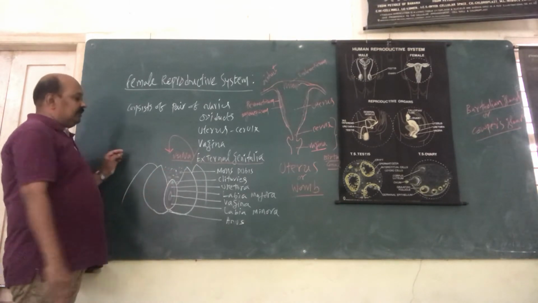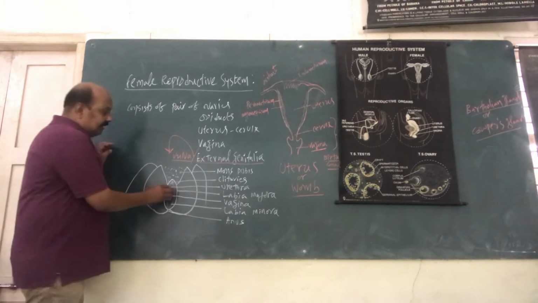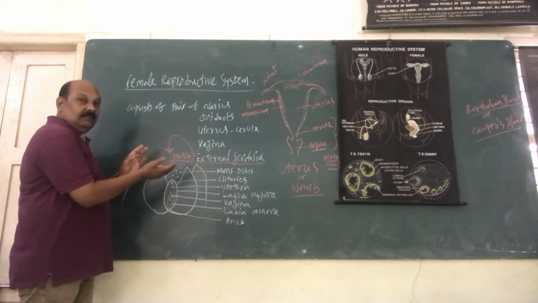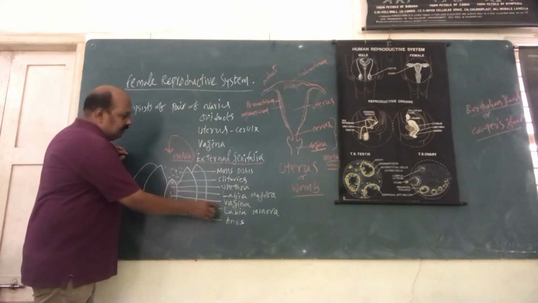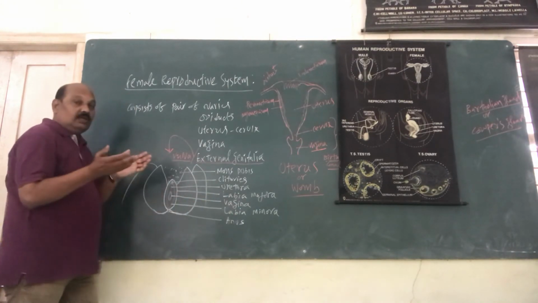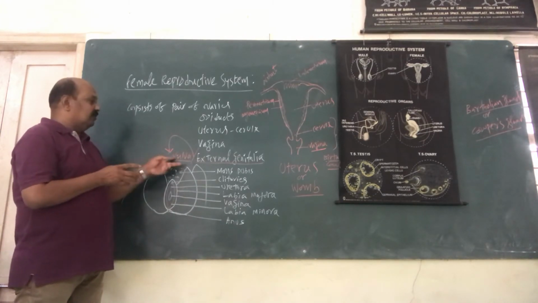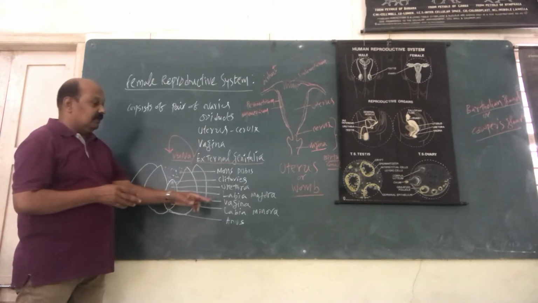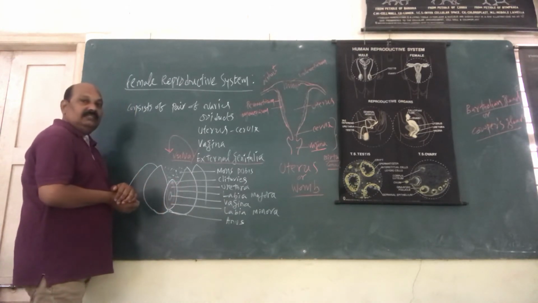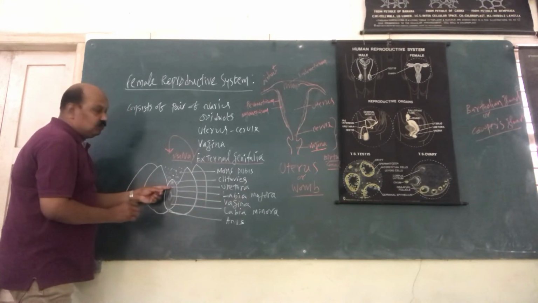Now the next part is very important. The complete external genitalia area is covered by two types of membranous structures. There are two folds of lip-like structures: the labia majora is the outside structure, whereas the inner one is the labia minora. These two lip-like structures completely cover the external genitalia, called the vulva. These two foldings completely cover the vaginal aperture. Centrally is the vagina. Above the vagina there is a urethral aperture.